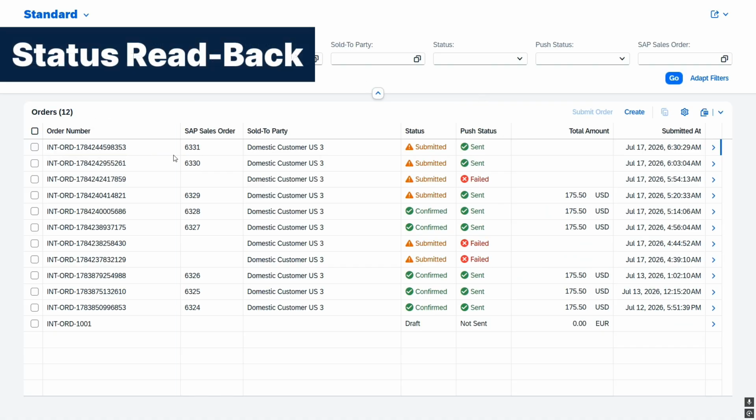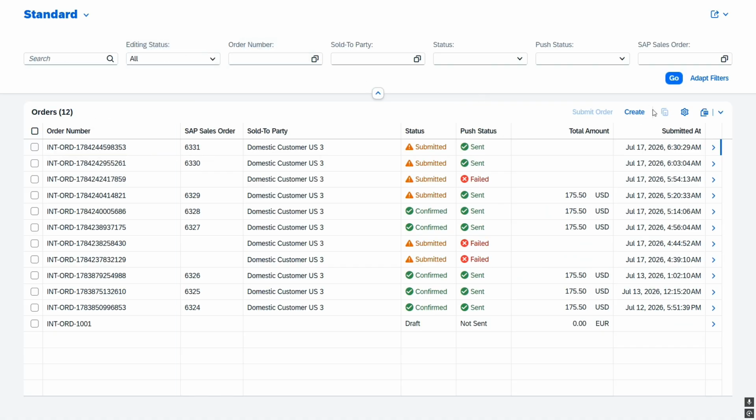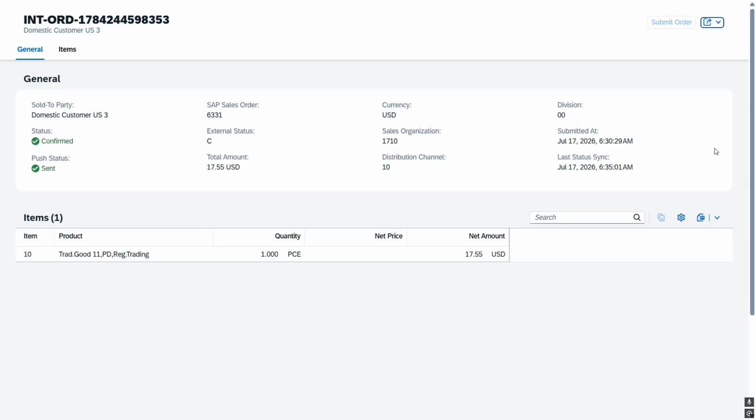Back in the operations console, the internal order initially still shows the previous external status. After the scheduled synchronization completes, the page is refreshed. The updated S/4HANA status is now reconciled back into the CAP application together with the latest synchronization timestamp. This completes the full round trip. The order is created locally, submitted through Integration Suite, processed in S/4HANA, changed by the delivery lifecycle, and synchronized back